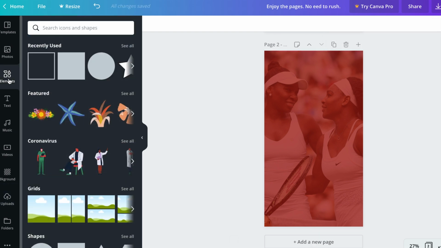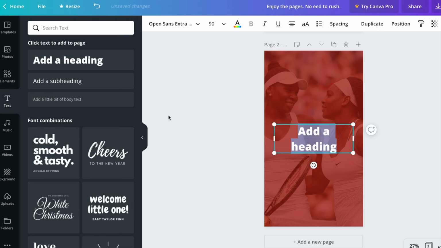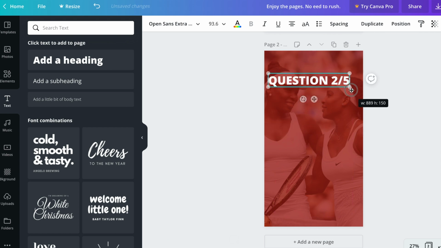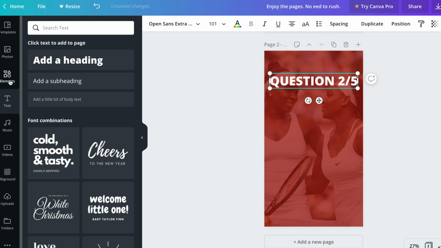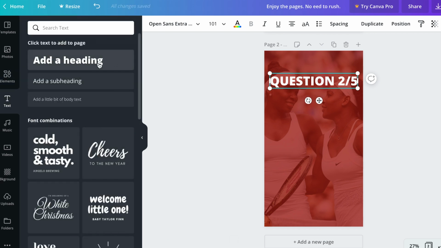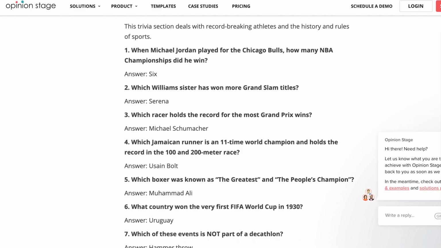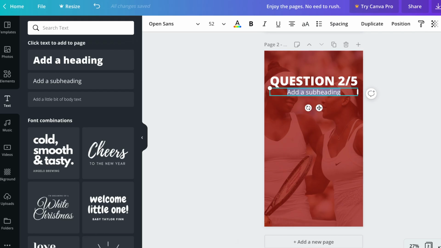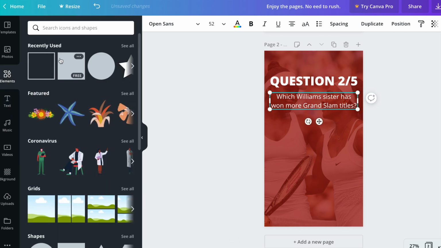Next, go over to text, add a heading, question number 2/5. Going to create an element. I'll add the question first. And then going to element,